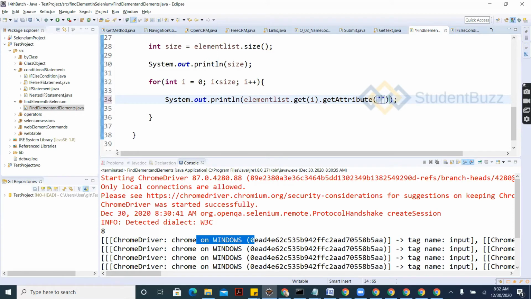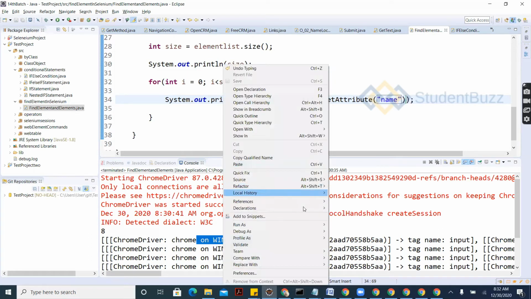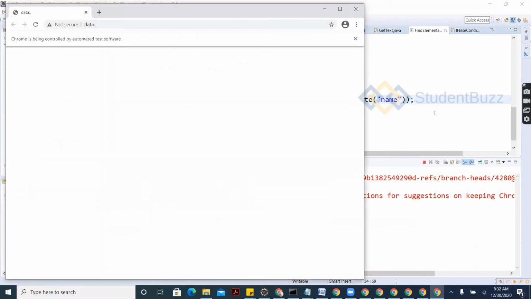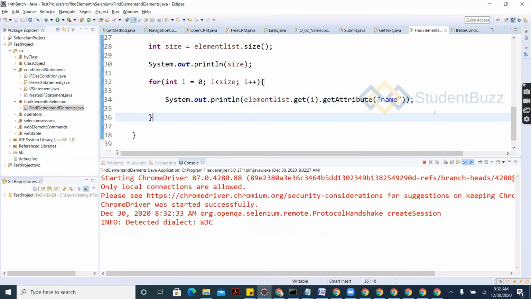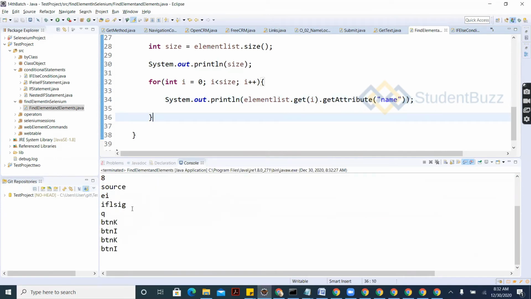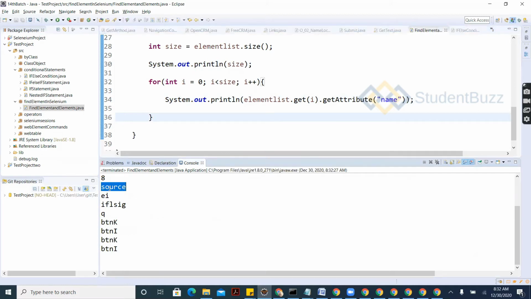So let's do it now and see what it returns. The first element name was source, the second element name is EI, and like that you have all 8 elements' name attribute values.